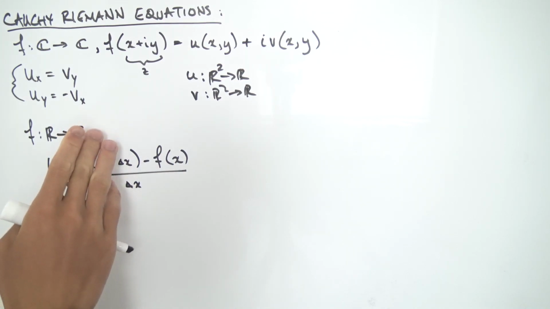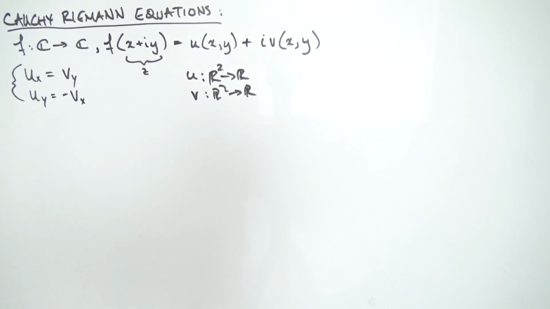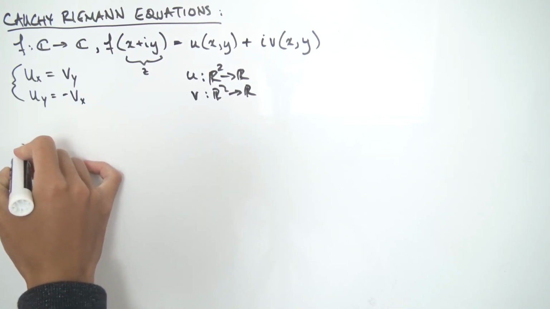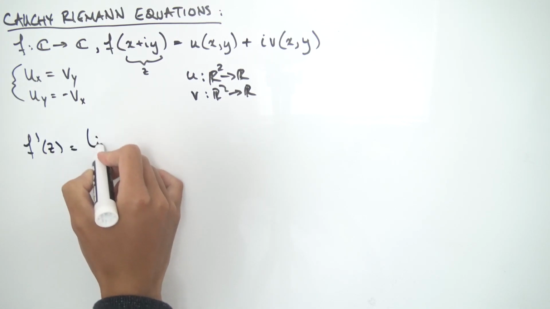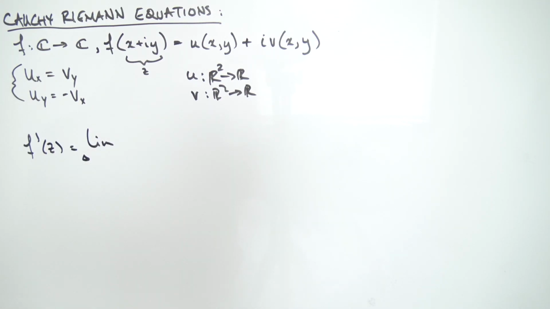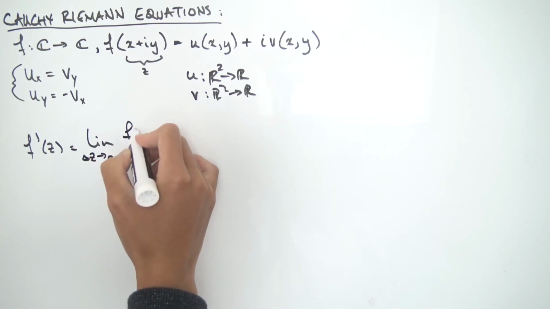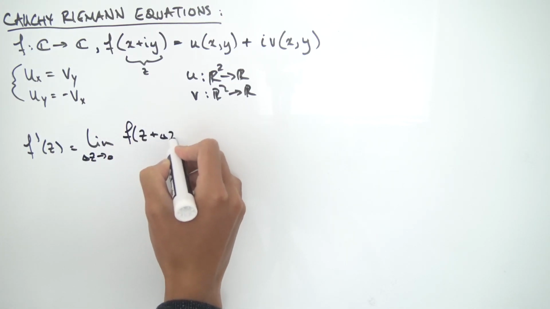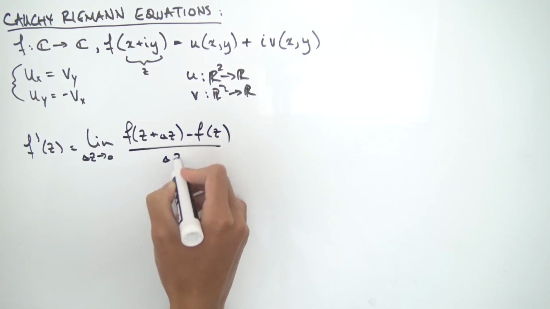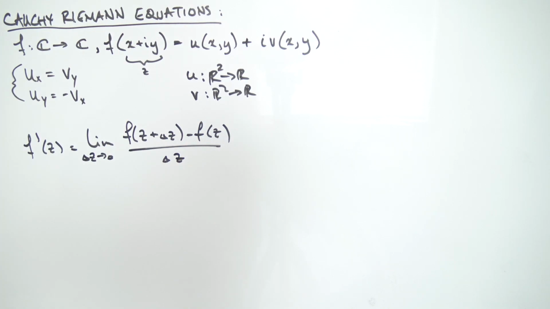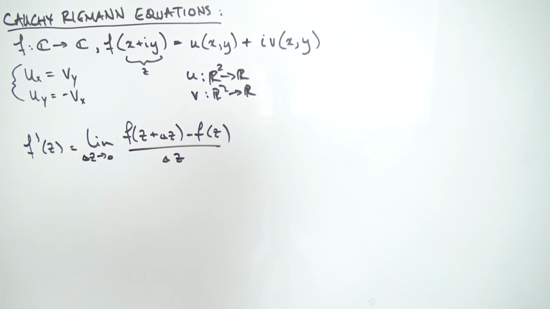Let's consider now f going from C to C. If f is differentiable at some complex number z, that means f prime of z should be equal to the limit, and now instead of having delta x going to 0, we're going to have delta z going to 0 of f of z plus delta z minus f of z, and we divide this by the small change in z, like so. The problem with doing this in the complex case is that taking this limit is a little bit ambiguous,